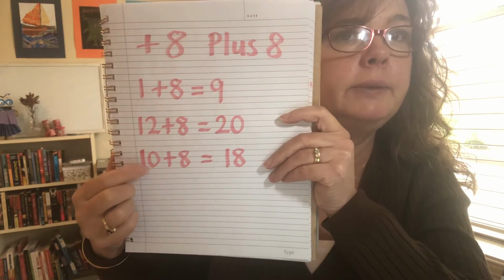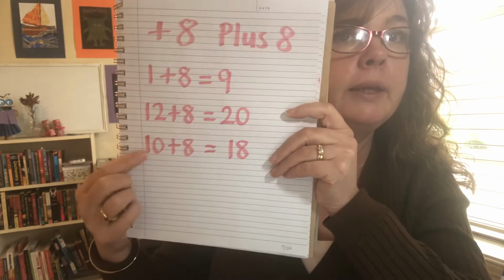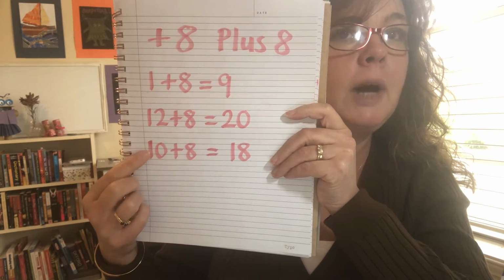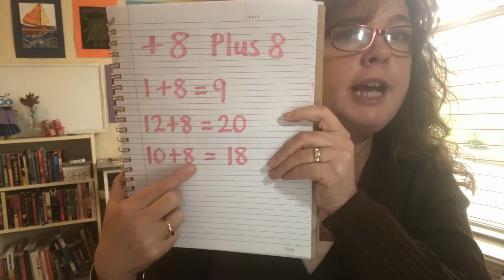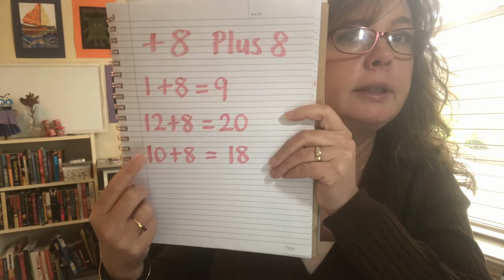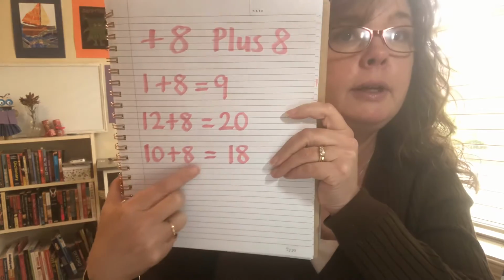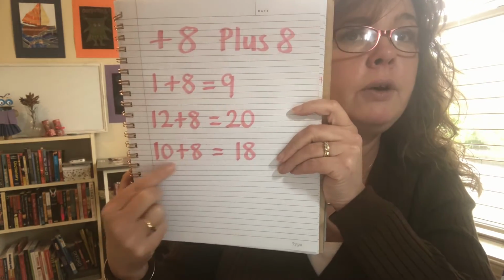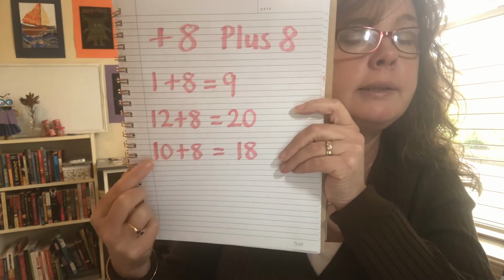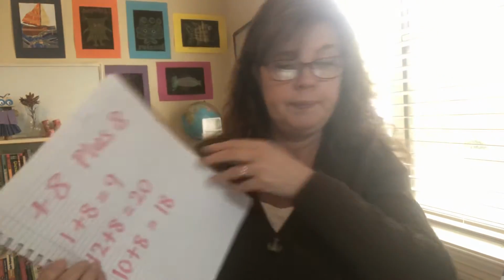Down here, we have 10 plus 8. You can see that I've written 18 there. We've got 1 ten, no ones, but then we're adding 8. So if we add 8 ones to 10, it becomes 18. We don't need to count on because we know that we already have no ones there. So adding 8 ones to 10 would just make that 18. Okay. The next activity,